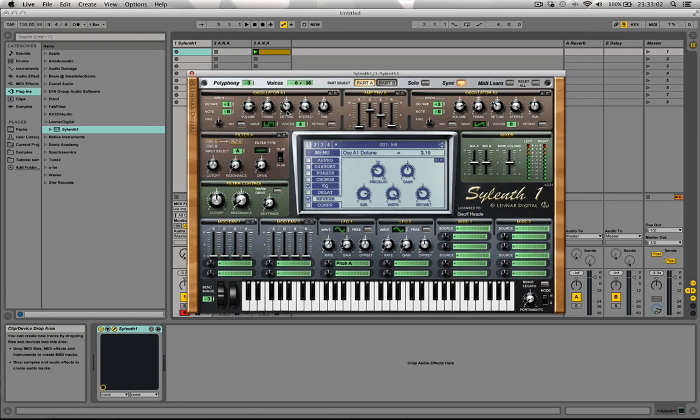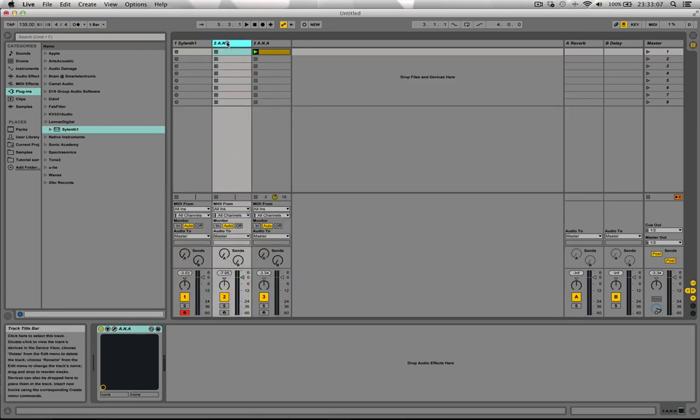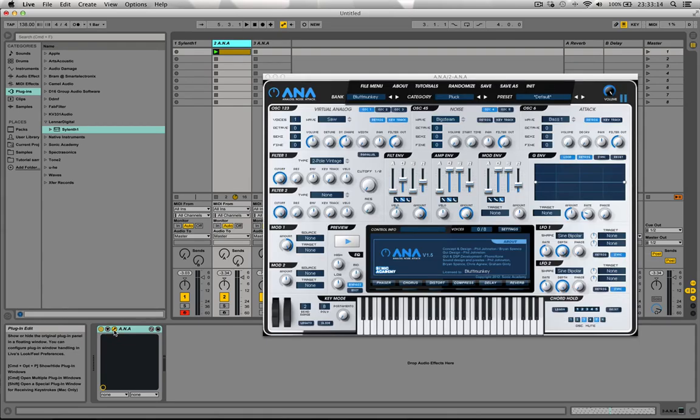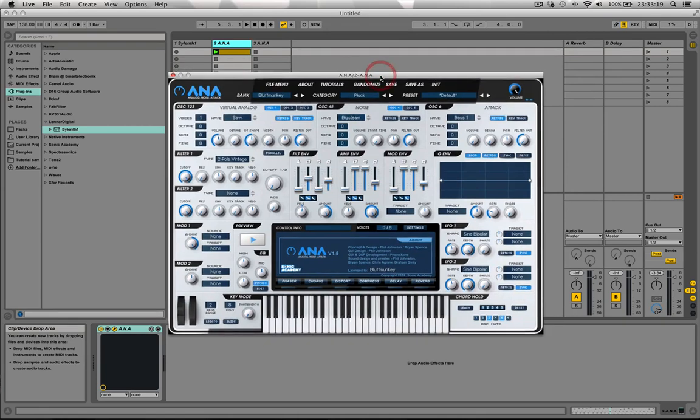So that's that lead. I think what we're going to do next is close down Silent, and I will open up Anna, and we're going to create a fairly standard trance supersaw. Now, back in the day, they used to use a lot of really quite heavily detuned saws, which is not quite so fashionable now. So we're going to start off with oscillator 1, and I'm going to choose a standard